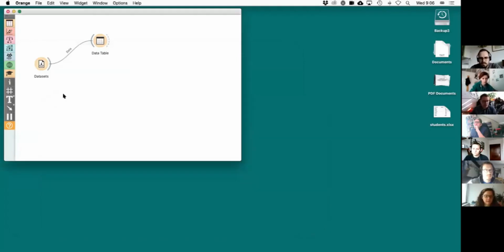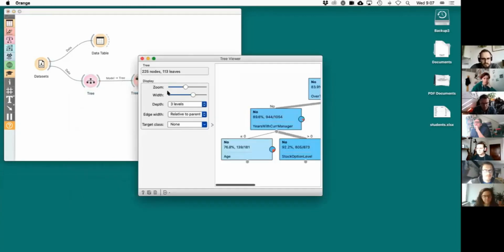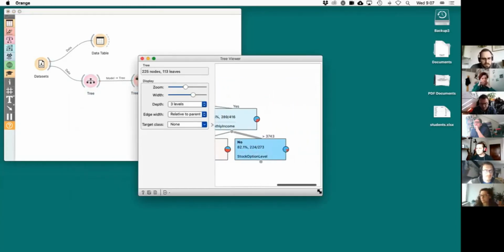A warning here: I'm going to trick you in the next 15 minutes. I'm going to go somewhere where I shouldn't go, and then I'm going to tell you what the right path is. I'm going to trick you so that I'll be a bit faster, okay? So what I'm going to do is build a tree. Here the data is quite complex, and the tree is not an easy one.